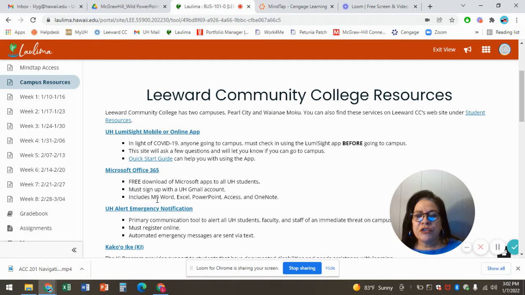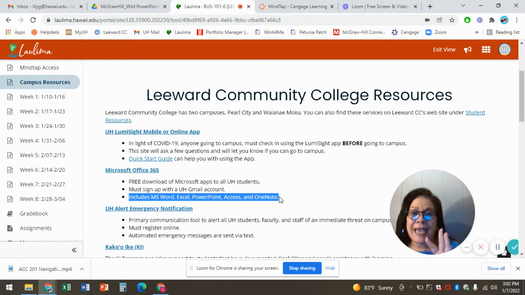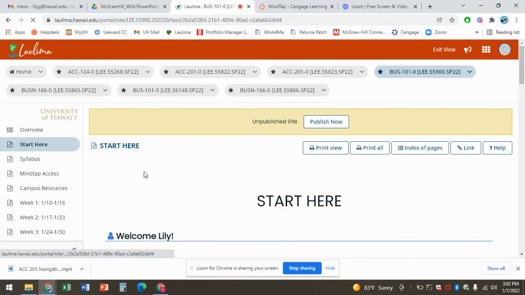Another thing that I want to remind you is that when you're downloading, you need to download the program that has Access in it. We're going to be using 4 different types of Microsoft apps: Word, Excel, PowerPoint, and Access. So the programs that you download have to have Access in them. Okay, so going back to the start here,